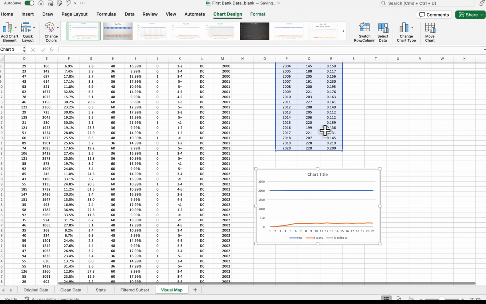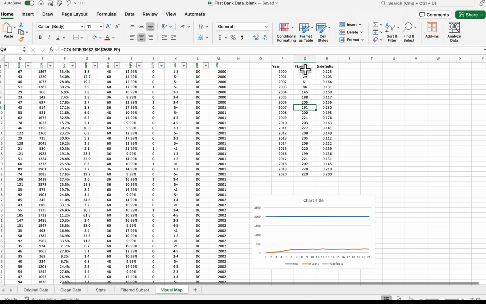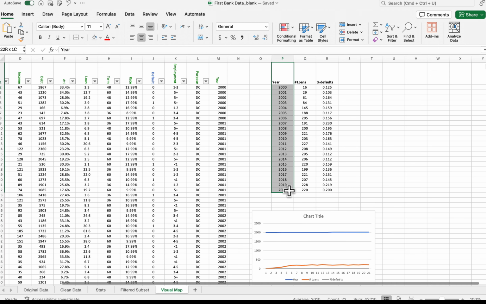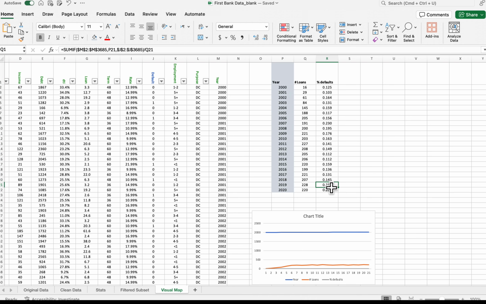So basically it selected the whole data set. However, we need to define first of all which variables are our output variables and which ones are our input variables. We know that the number of loans and percentage defaults are our output variables, so they should be on the y-axis. However, we need to see this progress of data over time, meaning that the years should be our x-axis. So let's clarify. Using a color code is always good to differentiate between your variable types. So the orange ones are my